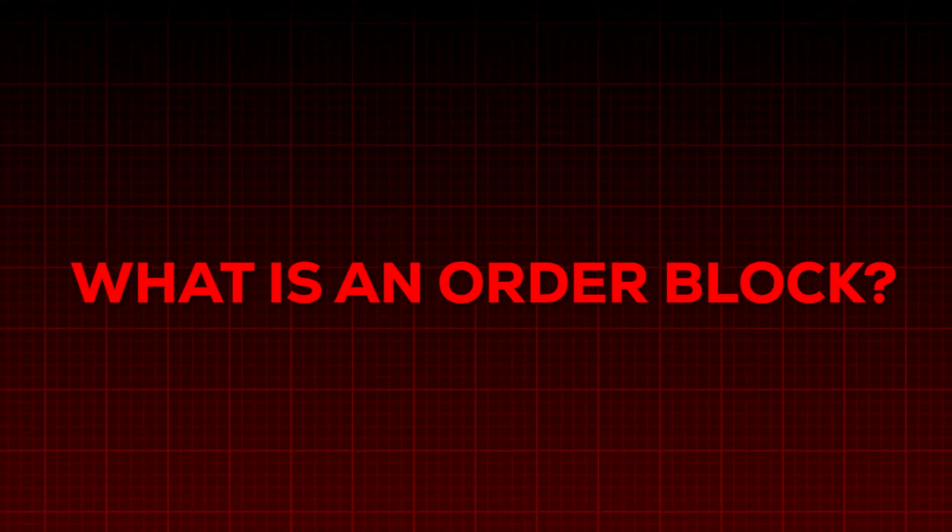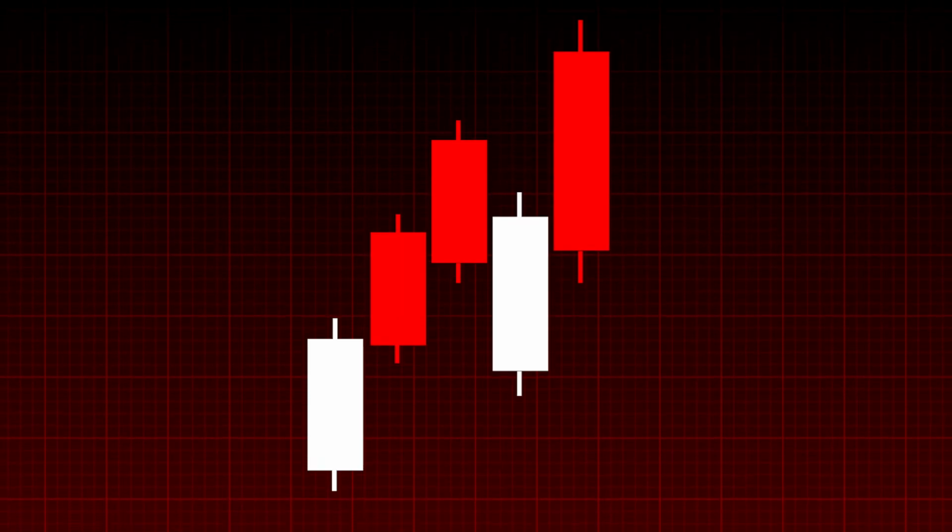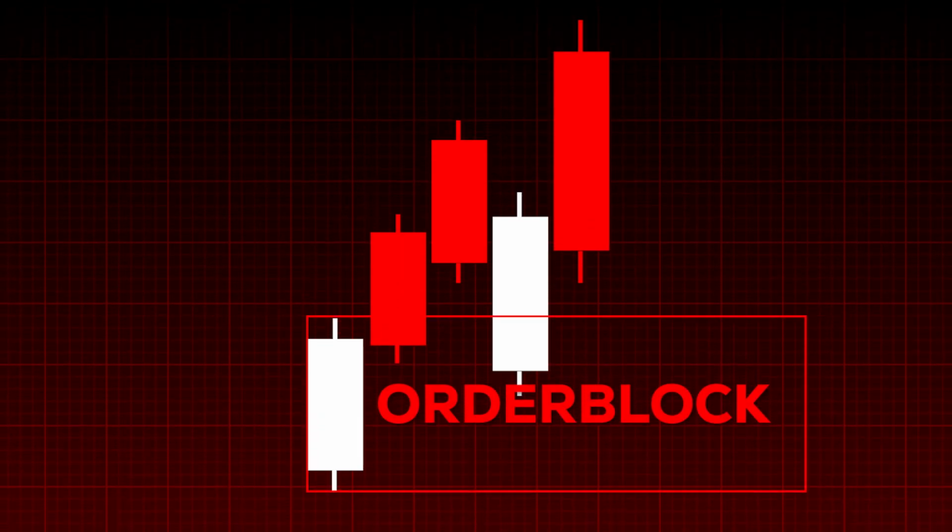What is an order block? An order block is typically the last opposing candle before a strong, impulsive move. It marks the area where a significant imbalance entered the market and caused price to reprice aggressively. Many traders expect price to revisit that zone because it can act as a reaction area, often functioning as support